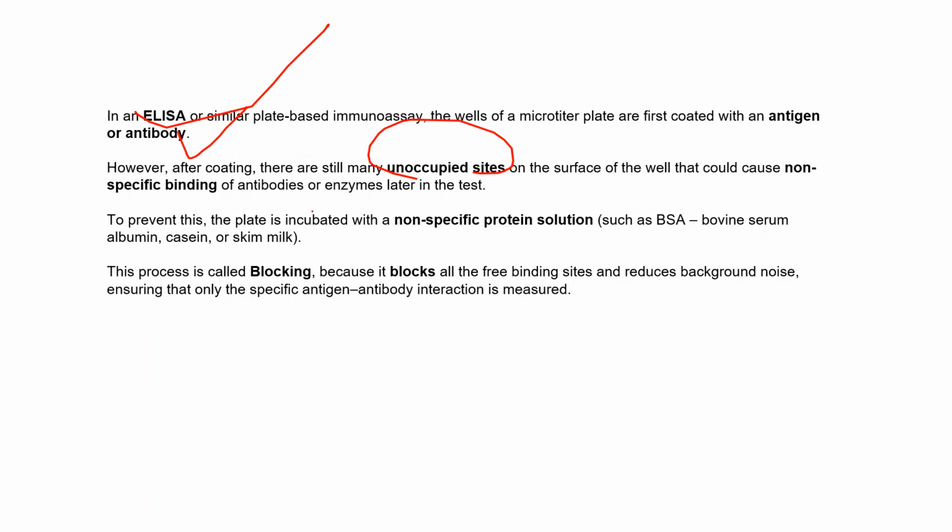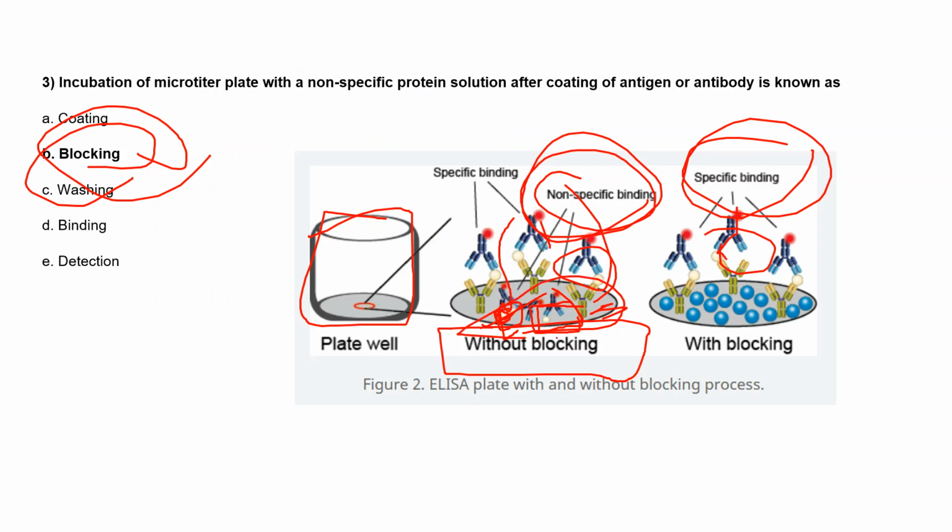To prevent this, we have to incubate this with a non-specific protein, so that the non-specific protein will come and bind, because these sites are very prone to binding, right? If we add another protein, then that protein will go and bind to those sites, so these will block the sites. Now the high affinity antibody, the antibody whose signals we want to see, will go and bind to the particular site only, and they will not bind to the non-specific sites, because these sites are already occupied by some